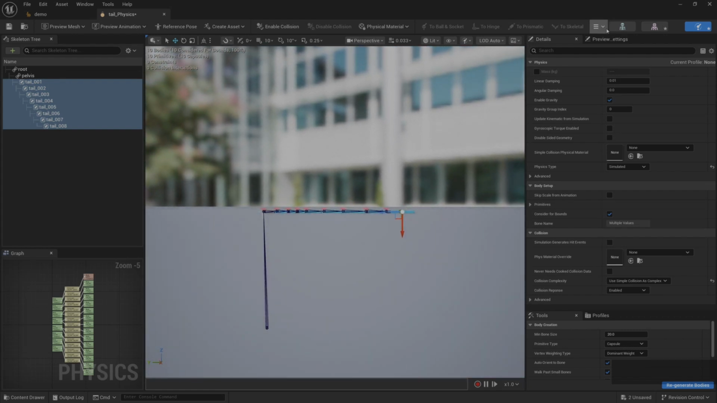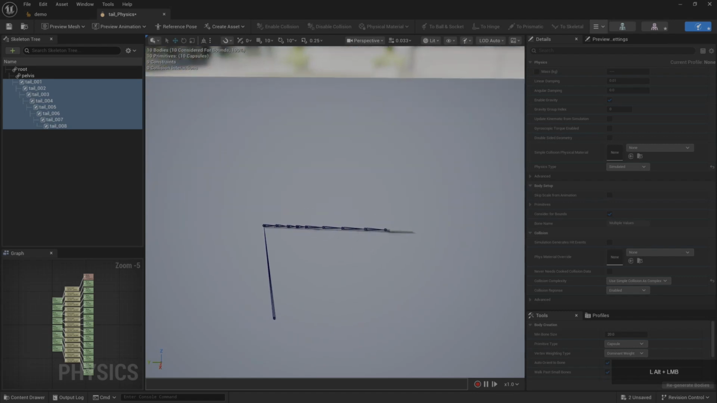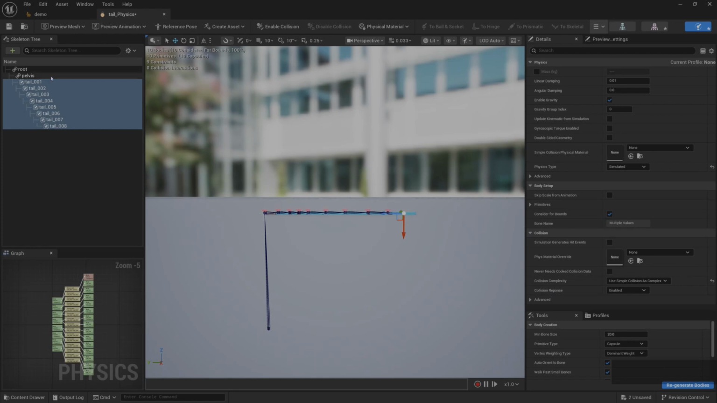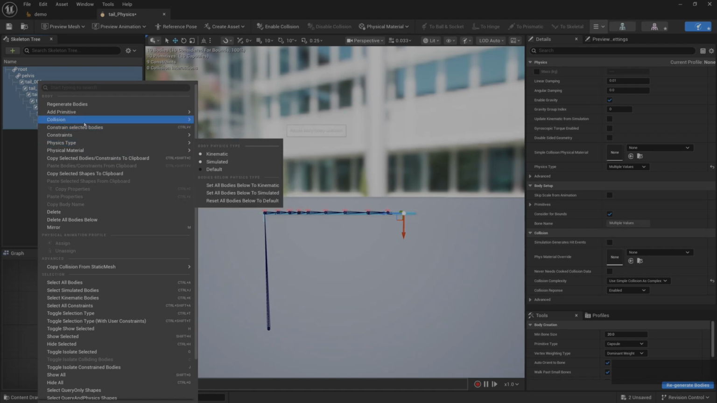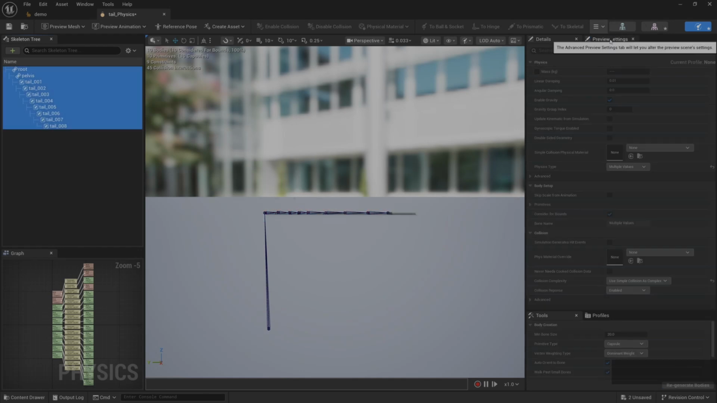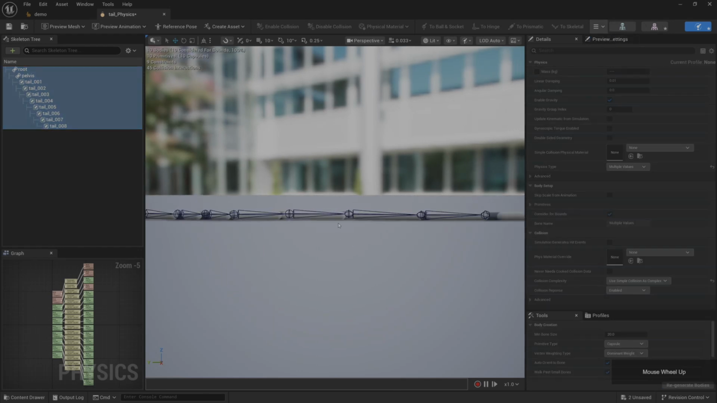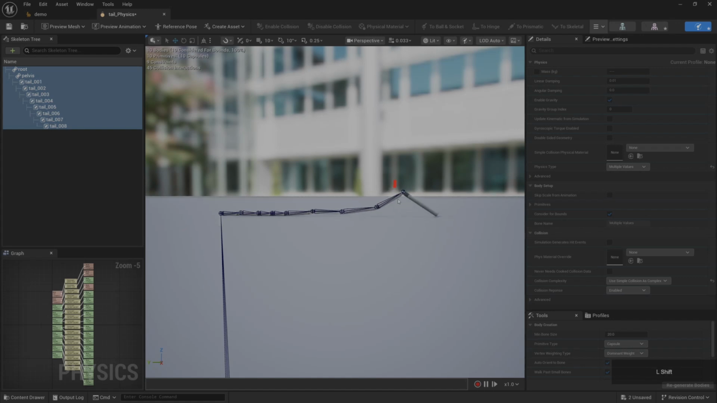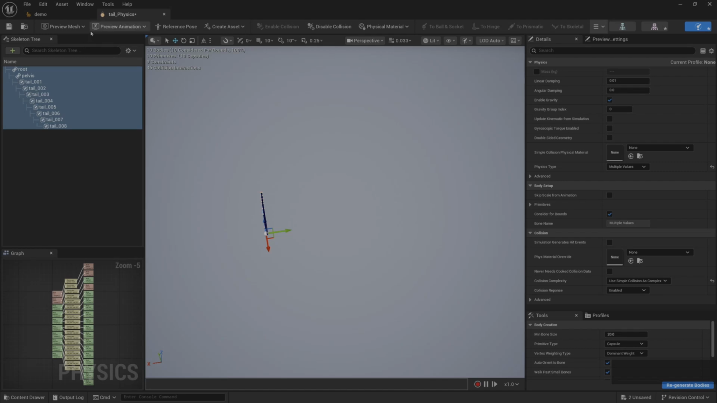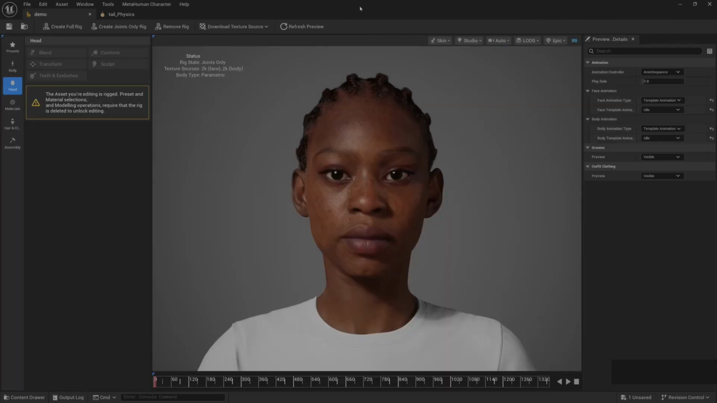Then we enter the simulation to see the effect. Found no response. We enable collision for all capsules. Let's simulate it again. It will be effective at this time. We can apply force at this time. Hold Shift and right-click. After the tail physics is set up,